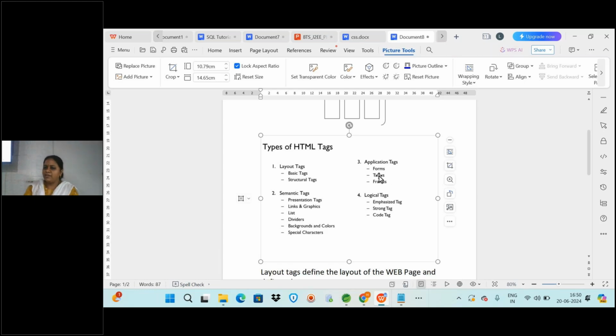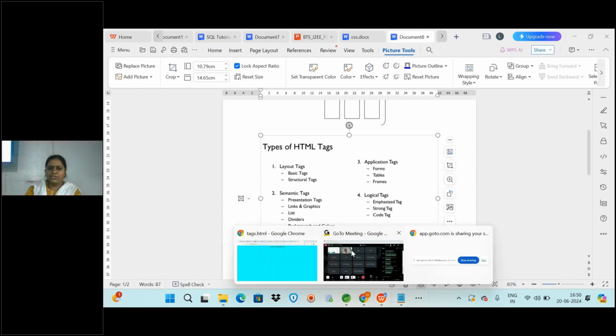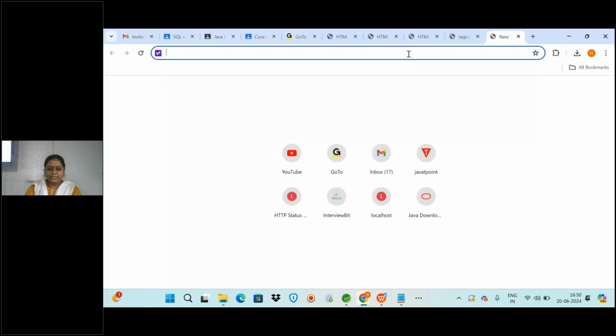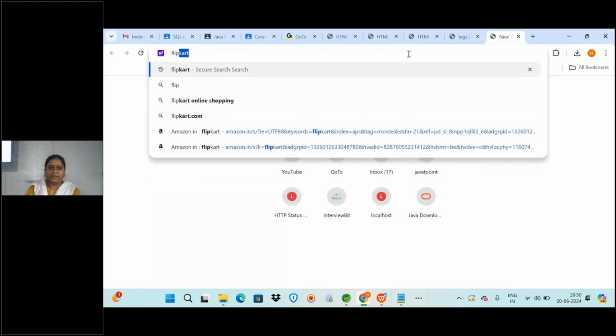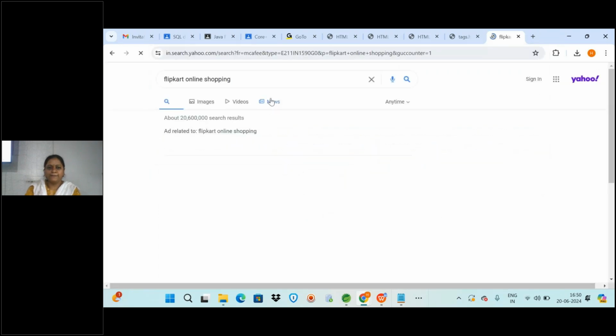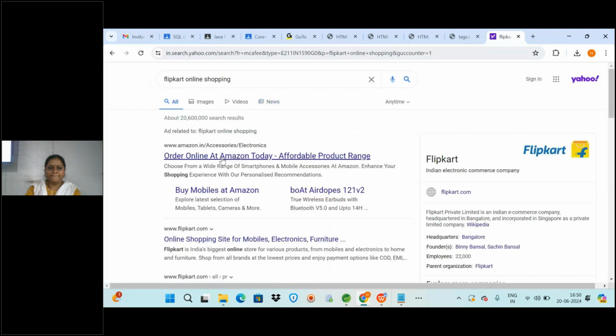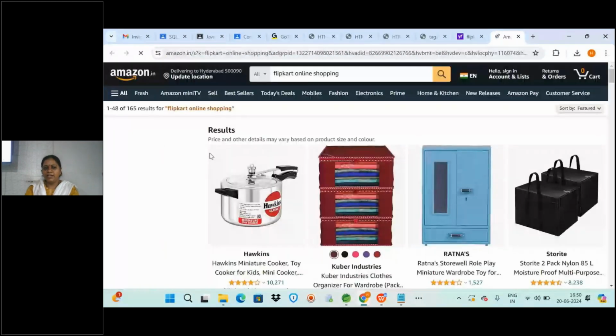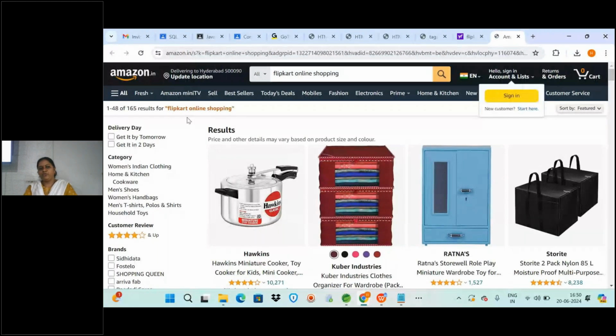And next you will also have frames. Okay, so what does frame mean? Whenever you see any web page, here I will show you one web page, something like we have seen, like Flipkart and online shopping, right? So in the last session, so if you see here, on the right side you will be seeing something, and on the next side you are seeing something else.